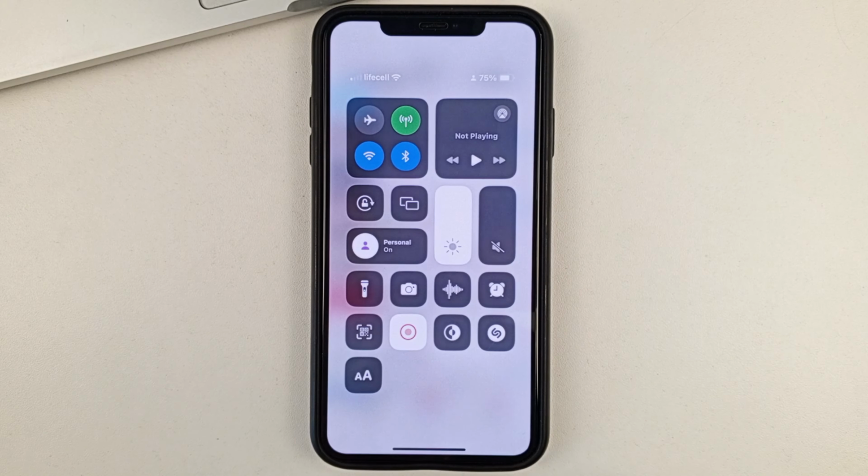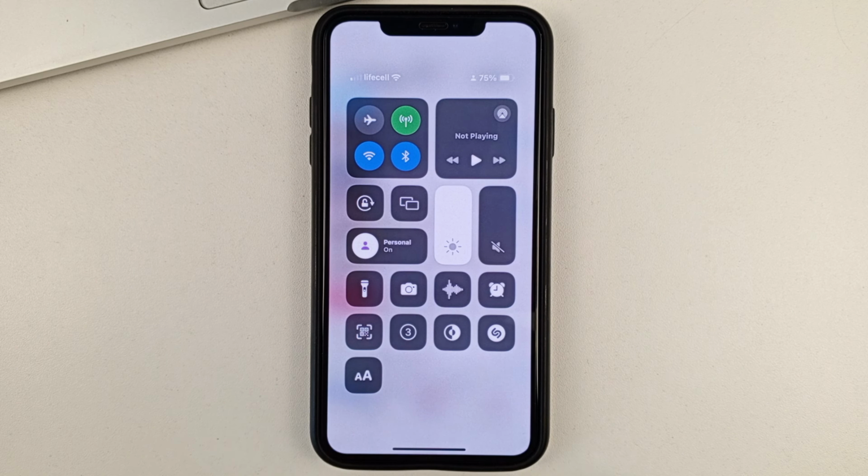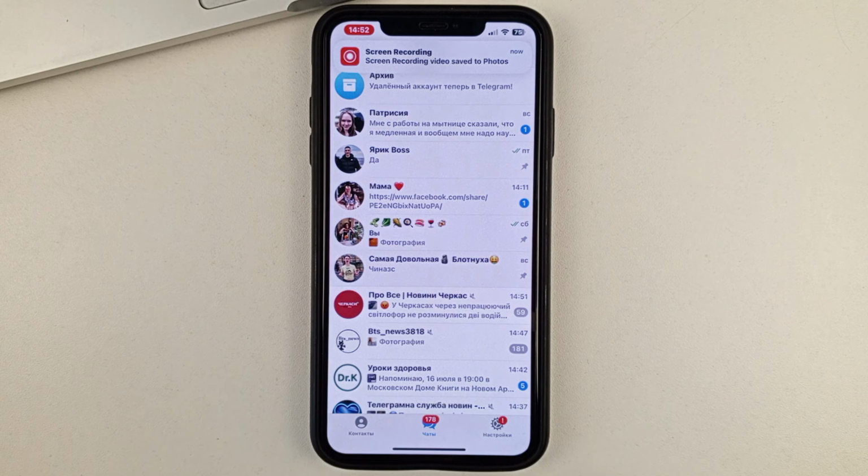Here, swipe from the top to the bottom, and you will need to click on Screen Recording. As you can see, after 3 seconds the recording starts. When it flashes like this, it means that the screen recording has already started. Now go to the dialog box and slowly scroll through it.